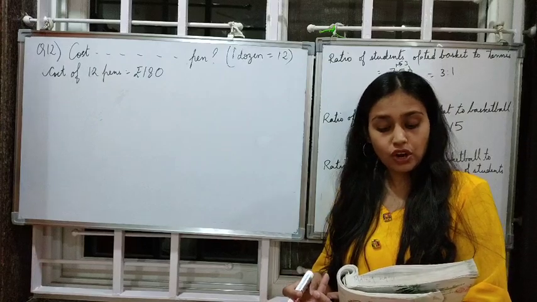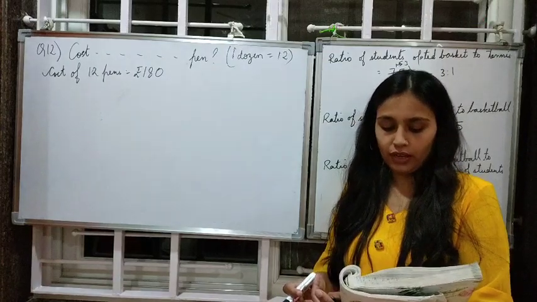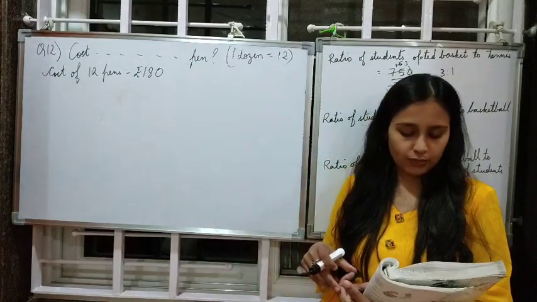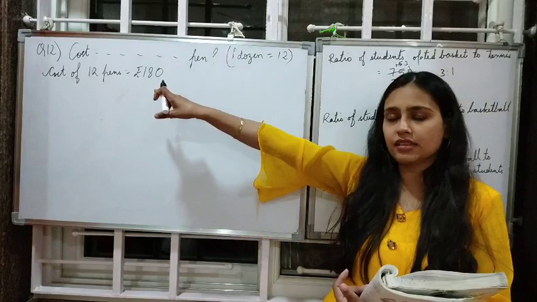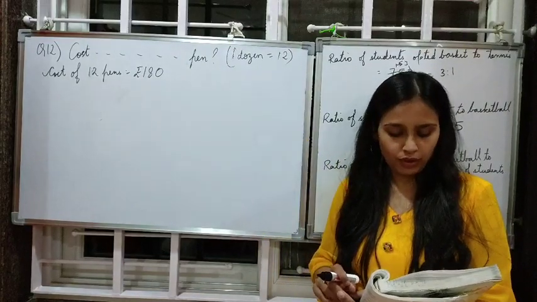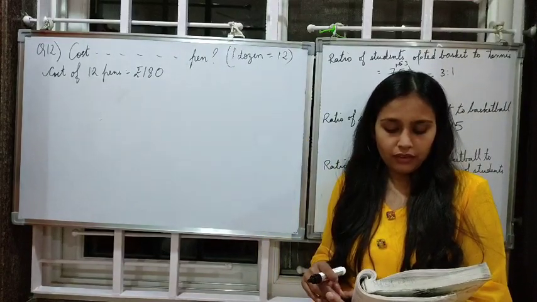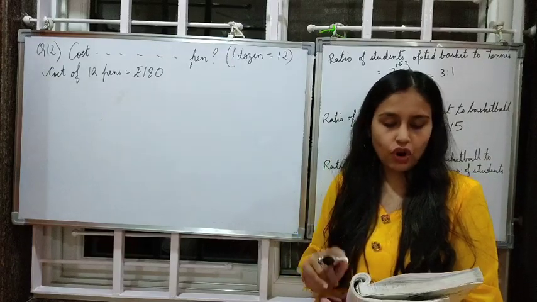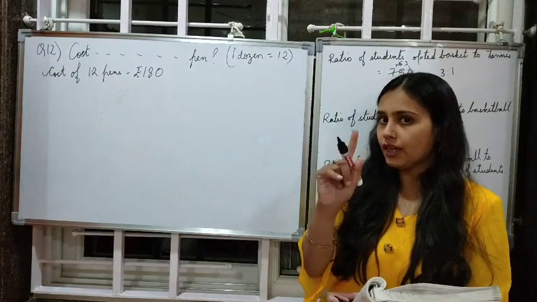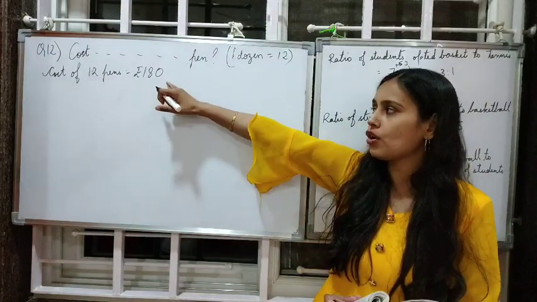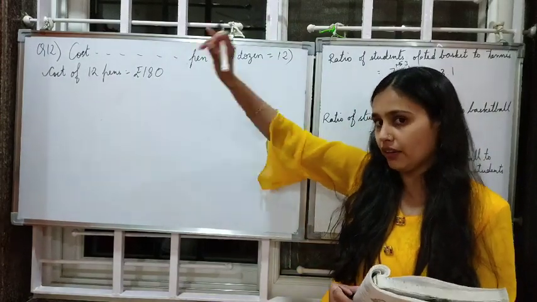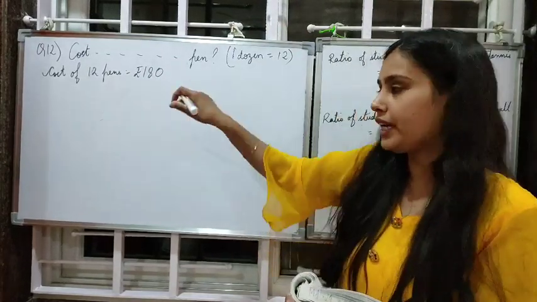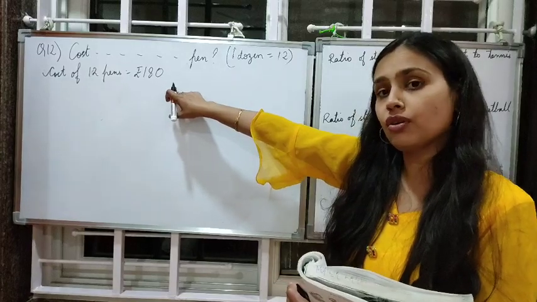And also the cost of 8 ball pens is given. This is the cost of pens and that is ball pens. Find the ratio of the cost of a pen to the cost of a ball pen. A means 1. That means we need to find the cost of one pen, and we need to find the cost of one ball pen also. So let's first find the cost of one pen.